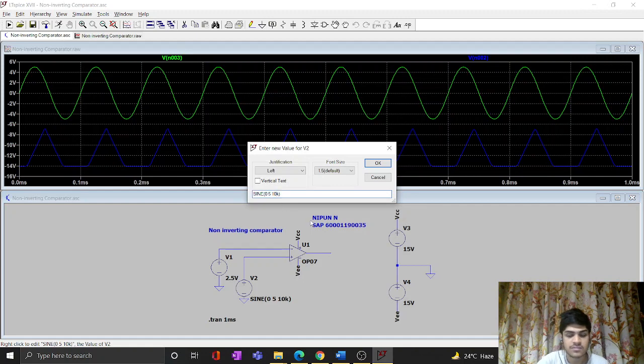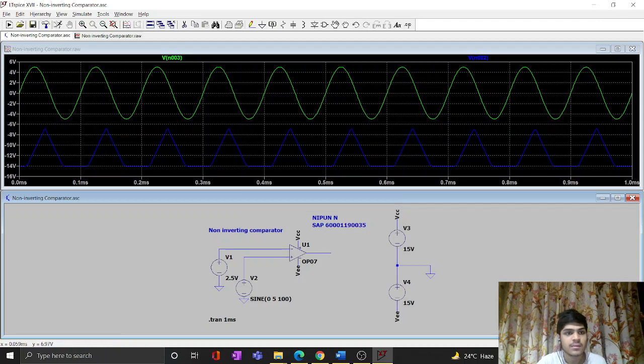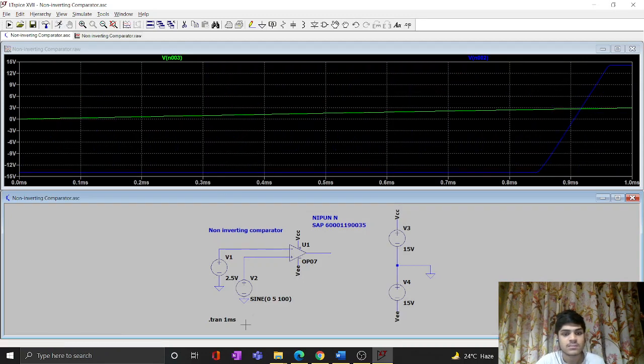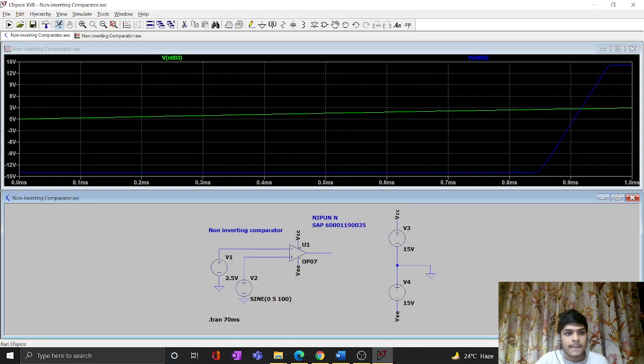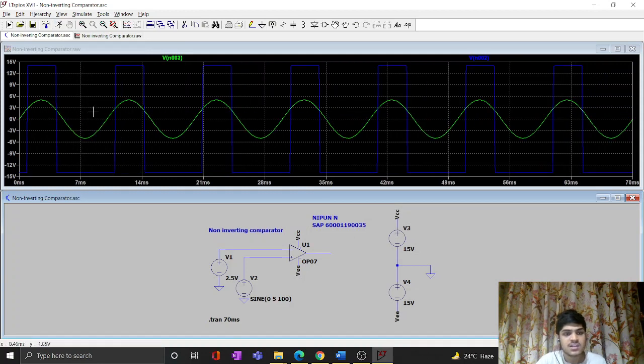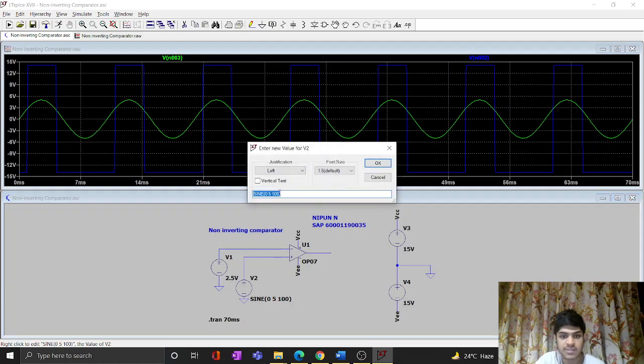I'll decrease the frequency. As you can see, this is the output that we get. So whenever the input is less than Vref, we'll get a negative VSAT, and whenever it is greater than Vref, we'll get a positive VSAT. So when I increase the frequency like 10K,